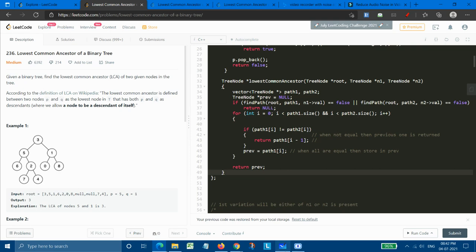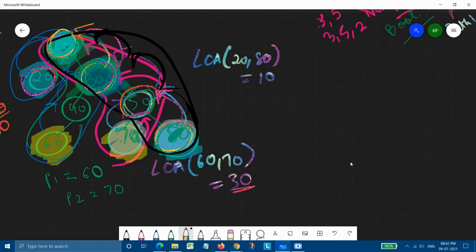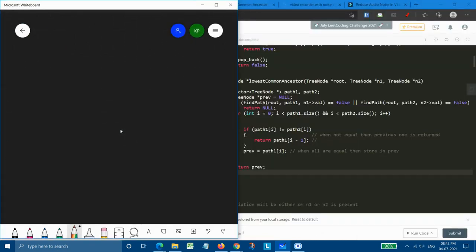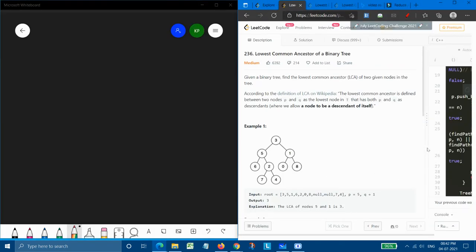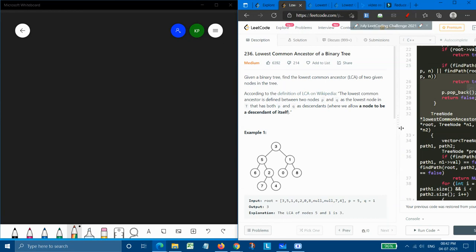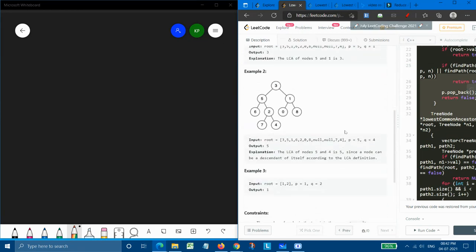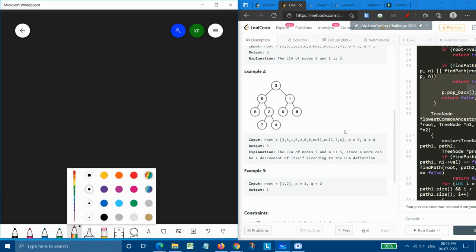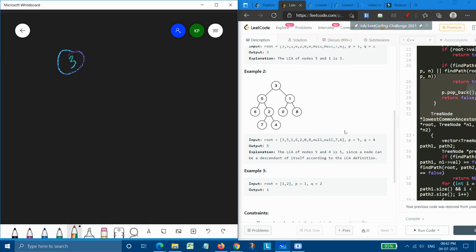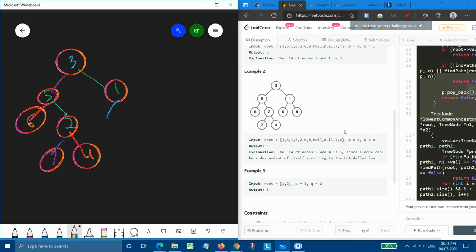So basically, if I try to explain this solution with one example, let's take this example itself. In this case, our tree is 3, 5, 6, 2, 7, 4, and then 1, 0, and 8.